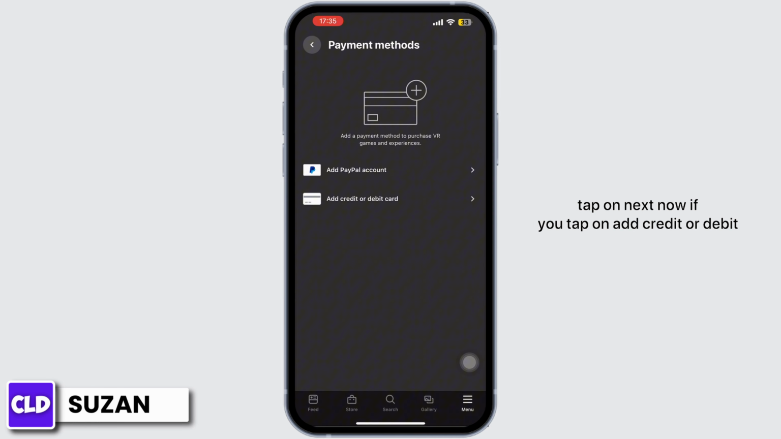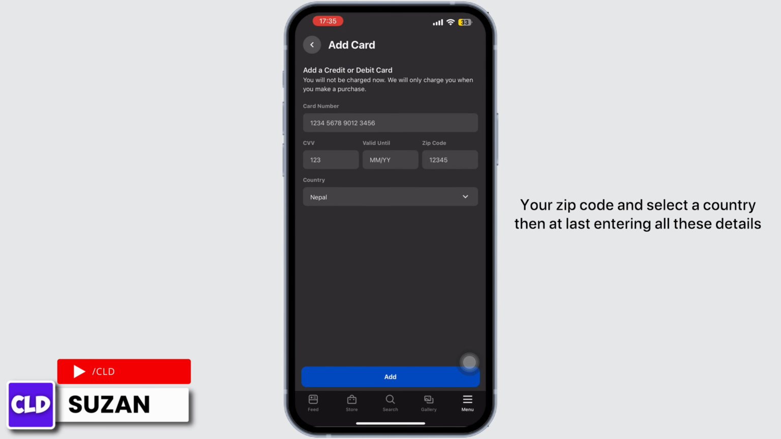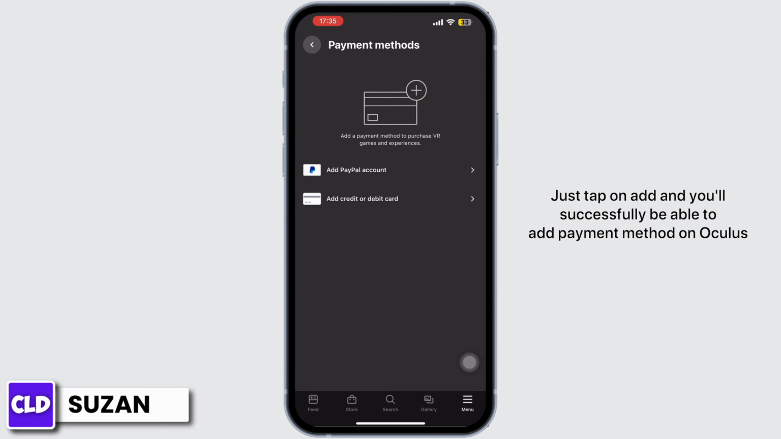on Next. Now if you tap on Add Credit or Debit Card, over here you have to add your credit or debit card's number, your CVV code, your expiry date, your zip code and select a country. Then at last, after entering all these details, just tap on Add and you'll successfully be able to add payment method